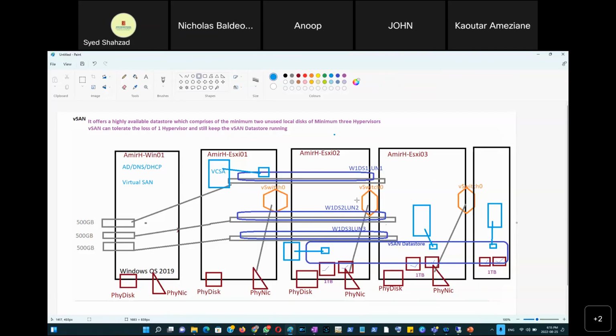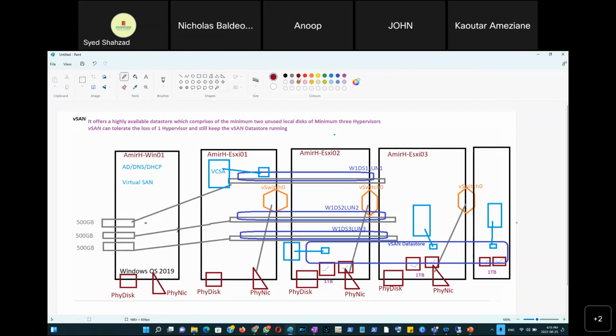Now, there are virtual machines running here. Now, the total storage of this data store would be whatever space was provided by these disks. So if each disk was 1 terabyte and there are 6 disks, the total size would be 6 terabyte here. This whole data store will have 6 terabyte to offer, right? Plus,